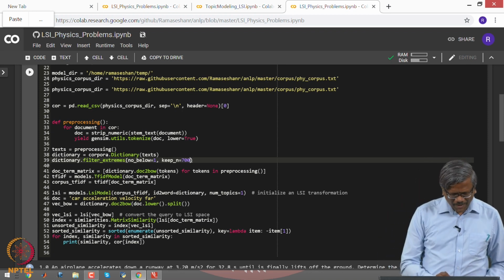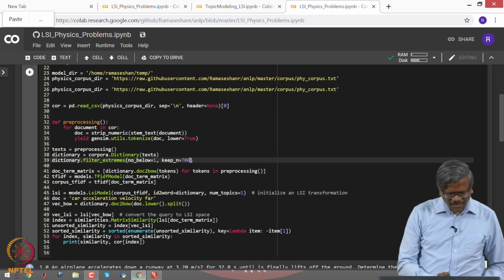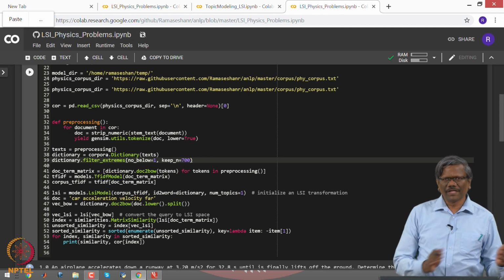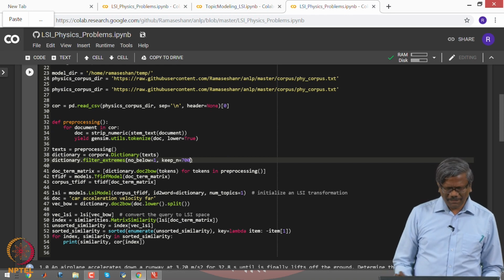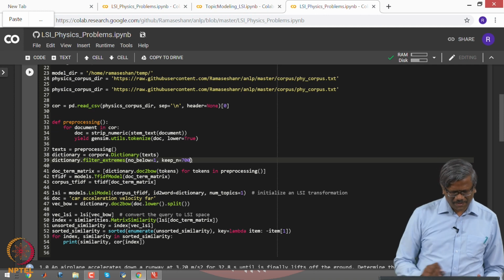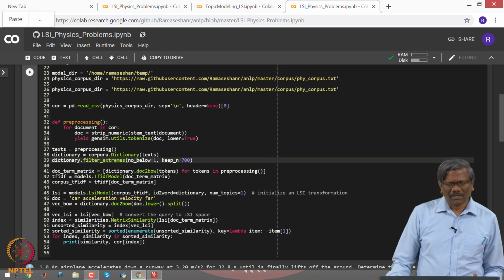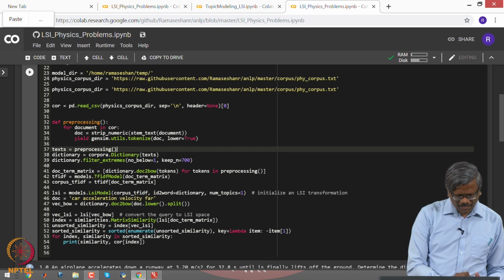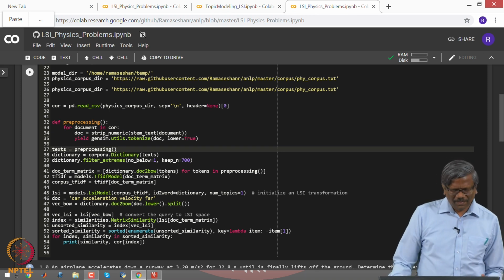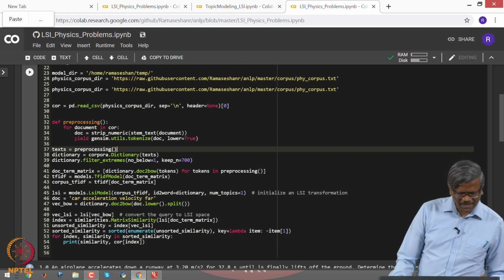Then convert the dictionary into the bag of words. So, for every document or every token in the text that we have created here, we are creating a bag of words, which contains your document term matrix as well.